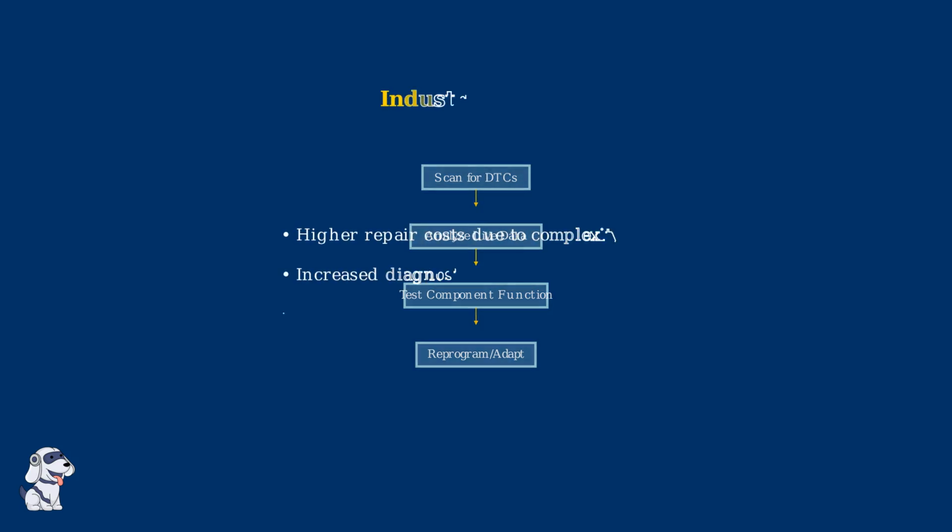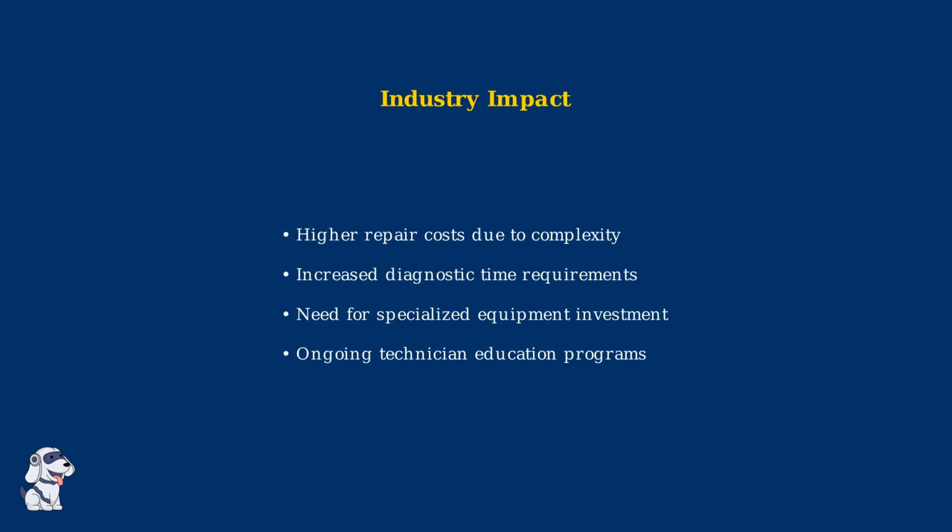This complexity trend has significant implications for the automotive industry. Repair costs have increased due to the sophisticated nature of modern transmissions. Diagnostic procedures take longer, and shops must invest in specialized equipment and ongoing technician training to remain competitive. Understanding this complexity is crucial for anyone working with modern transmissions like the 6L80. The days of simple mechanical repairs are largely behind us, replaced by an era requiring both traditional mechanical skills and